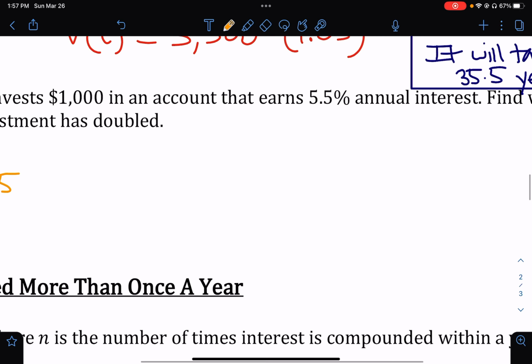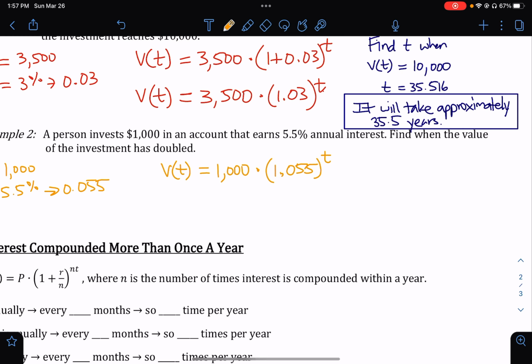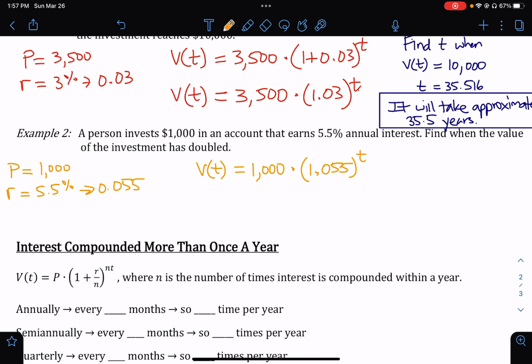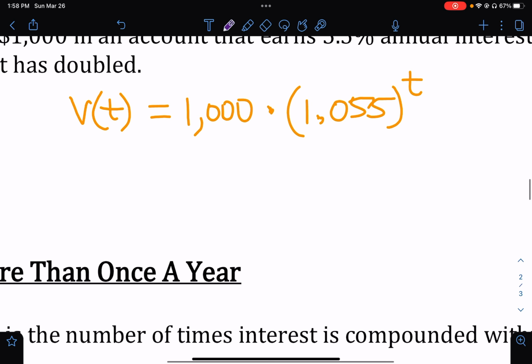So our V of t is going to be 1,000 times 1.055 to the power of t, because we're going to add those two together, 1 plus 0.055. I'm just going to skip that step a little bit. And we need to know when, what t. So I need to find t